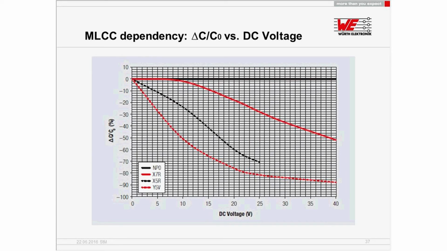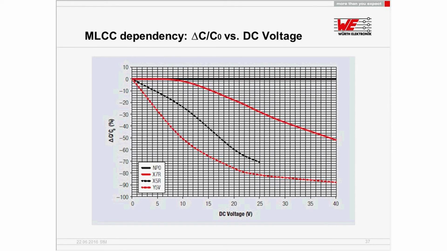The most critical point about ceramics, or especially MLCCs, is the DC bias behavior. The DC bias behavior happens when you apply DC voltage, so you get a loss in capacitance value. This means what you see here for the NP0, negative, positive, zero, really it's a stable ceramics material. But for the class 2 ceramics, and especially I want to talk about the black one, the